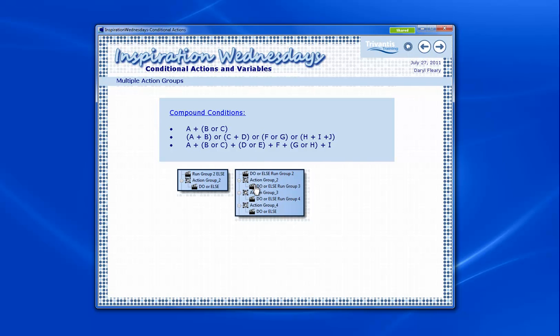Then that second action group says, okay, are conditions C and D present? If C and D are present, then we know that we don't need to check any further. That has been satisfied, and we can do our do action. If C and D are not present, then we can, as our else action, check the next group, and so on. And you just keep doing that down your tree until you get to the last group,